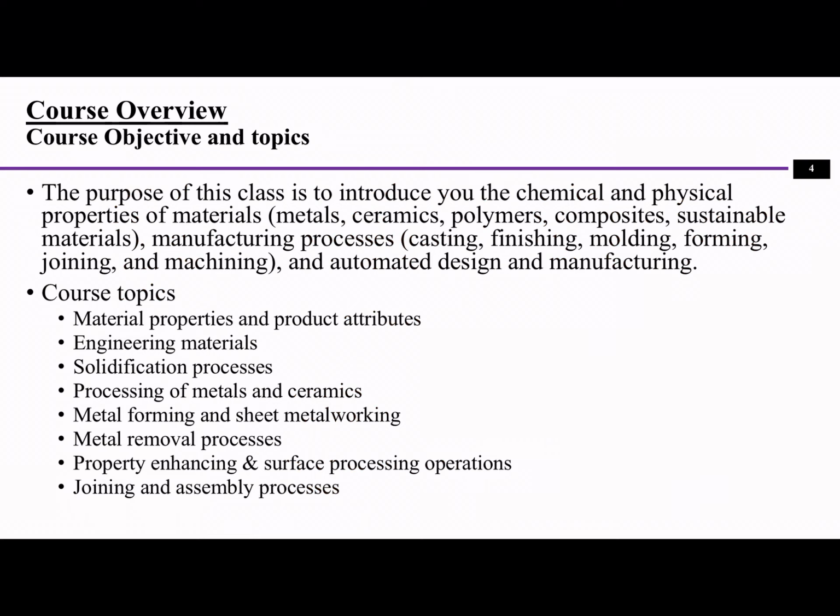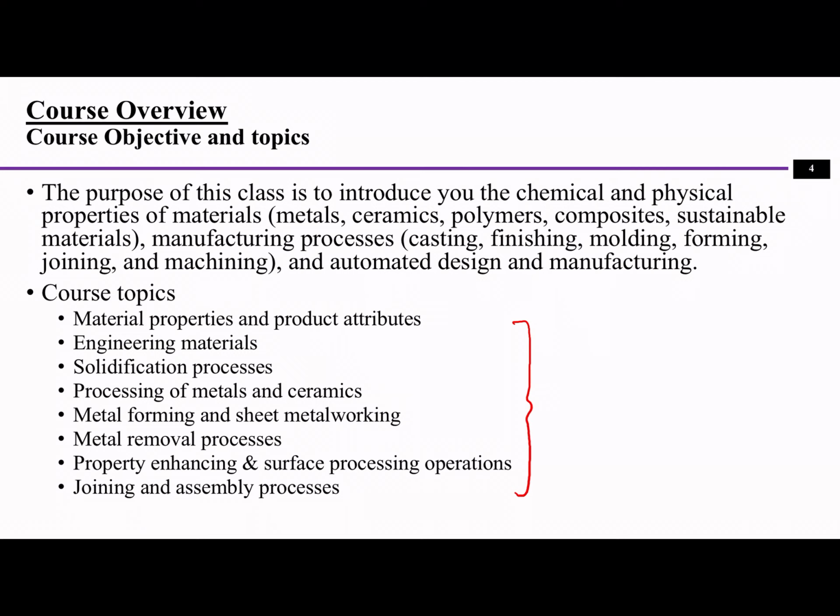Solidification processes, surface finishing, forming, joining, and machining, and also computer-aided design and product design. And here are all the topics related to it, including material properties, product attributes, engineering materials and their applications,